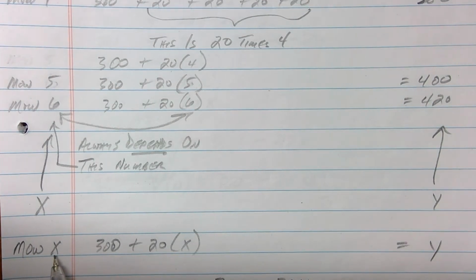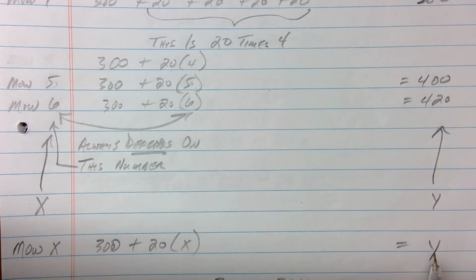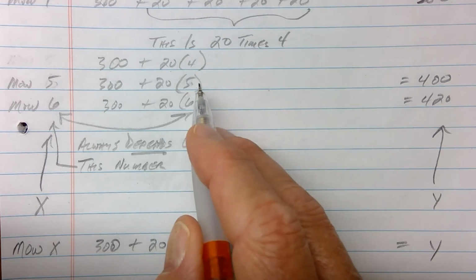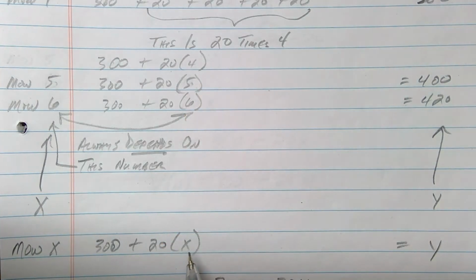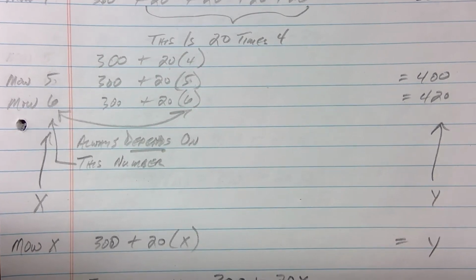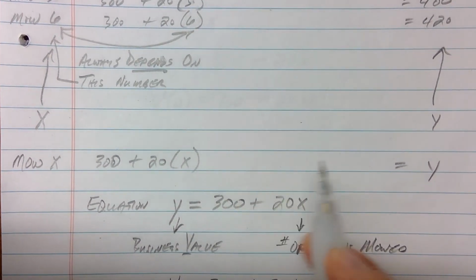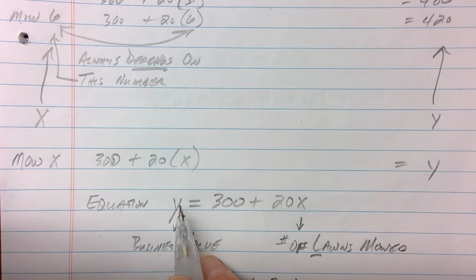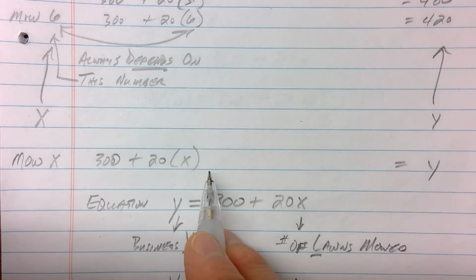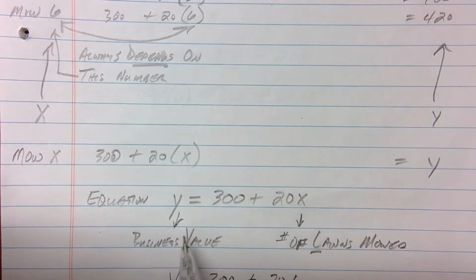So if you mow x number of lawns, you can figure out how much your business value is worth if you take the $300 for the mower and add $20 for each one of those lawns. So the number that changes is your variable. The number that changes is your x. All right? So writing the equation, we usually start with y equals. So y equals 300 plus 20x. We can leave the parentheses off here. So your business value is the $300 that your lawnmower is worth plus $20 times the number of lawns that